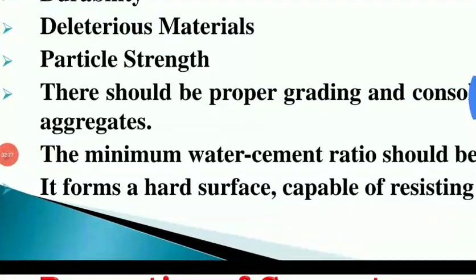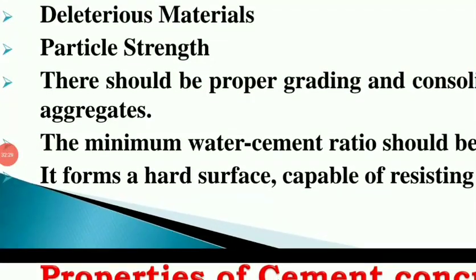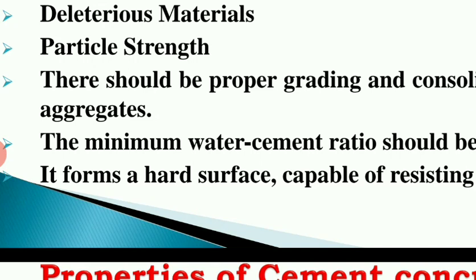With respect to deleterious material and friable particles, other materials can affect chemical stability, weathering resistance, and volumetric stability. So if some other foreign materials get involved within the structure, it is going to affect chemical stability, weathering resistance, and even volumetric stability.